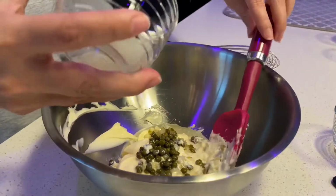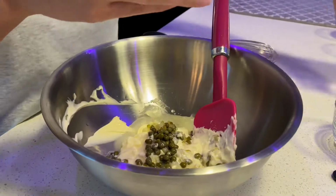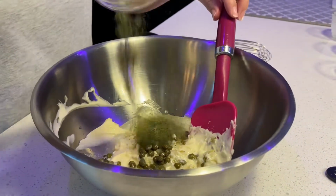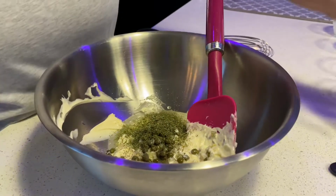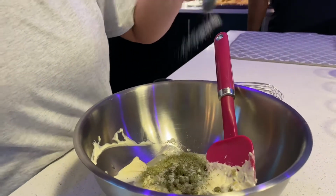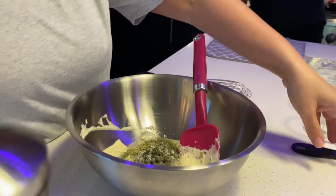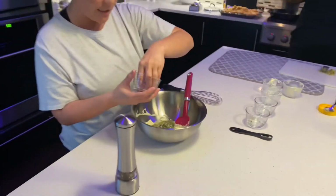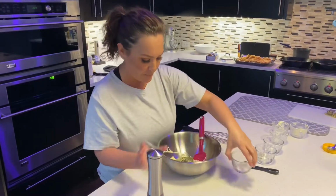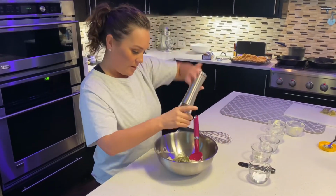I got a tablespoon of lemon juice, 2 teaspoons of chopped fresh dill going in, a teaspoon of sugar. You want to cut some of that. That's a lot of acid in that bowl. You want to cut that with a teaspoon of sugar. And then I'm going to just add a little bit of kosher salt. That sounds good. A little bit of fresh ground pepper,